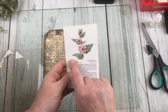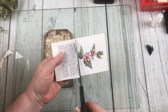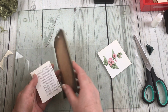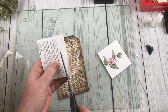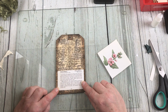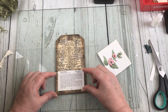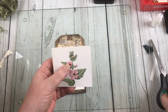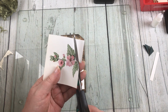So again, what I could do is I could cut this off, and I don't have to decorate this side. I could decorate this side if I wanted and have that as the back. All right, but I would cut off that bit of information there, and then I would use that as a pocket. All right, so you could use it as a pocket as it is, or you can add it to some cardstock and then add the cardstock to the tag to make the pocket, and then you could fussy cut around the flower. How are we doing on time? We're all right. So let me just quickly fussy cut around the flower,